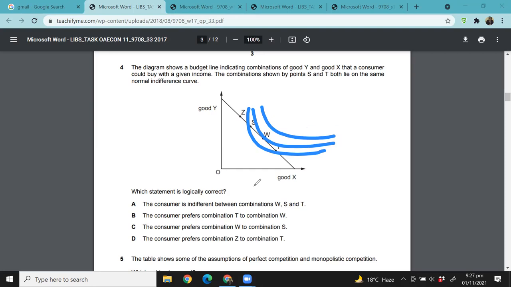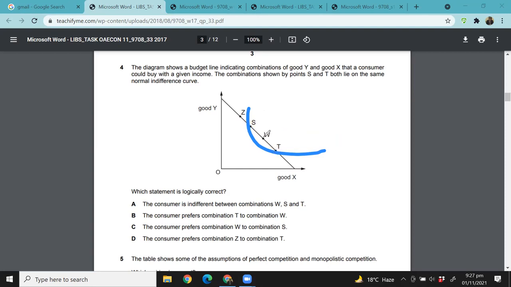Think about this, because when are you indifferent? You are indifferent when you lie on the same indifference curve. What does indifference mean? That you are equally good. You are equally happy about the two combinations. And that is when you are operating on any 2 points on the same indifference curve. So between S and T, you will be indifferent because they are lying on the same indifference curve, but W